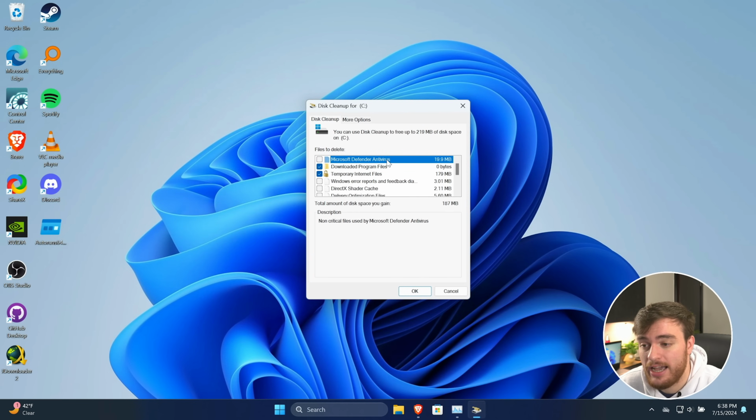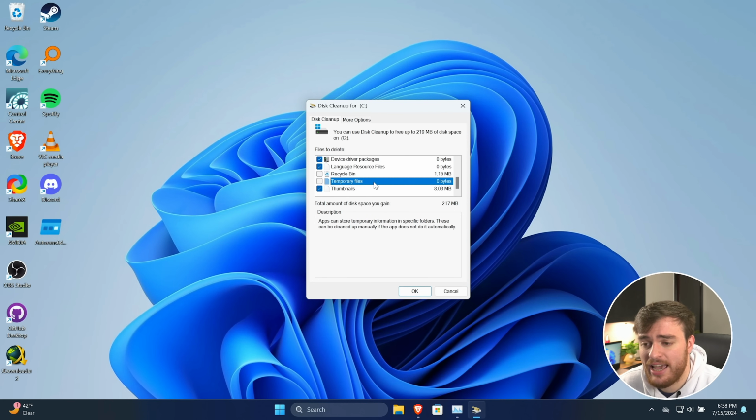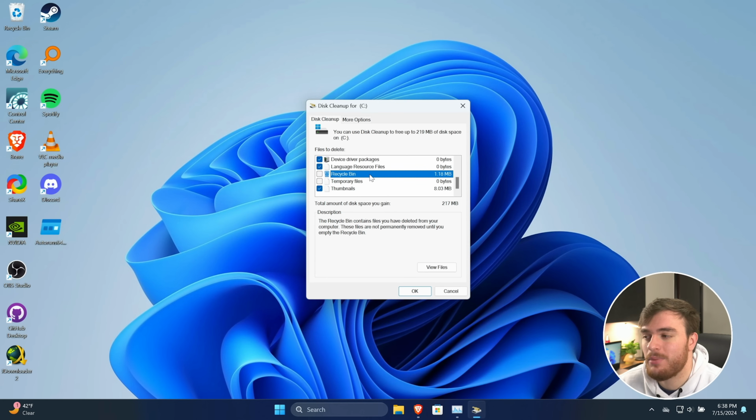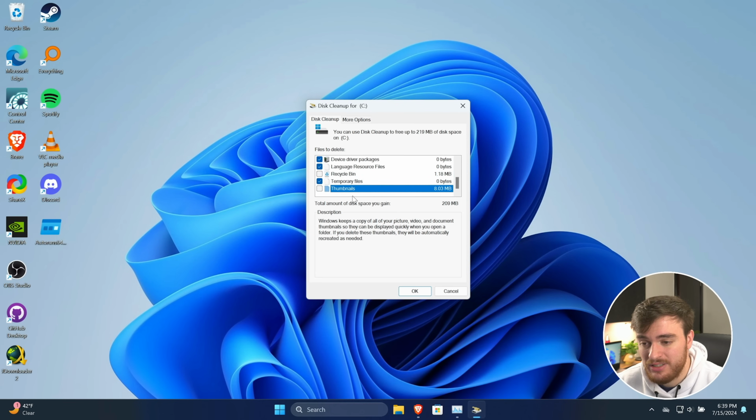In here, I usually tick absolutely everything, as I don't really need any of these old cached files, except for 2 particular options, sometimes 3. Recycle bin, don't tick this, otherwise when you open your recycle bin, everything is gone. This will clear your recycle bin. Temporary files you should tick, thumbnails you should disable, most of the time, unless it's taking a ton of space, thumbnails aren't loading or refreshing properly, or you're having some other kind of issues,